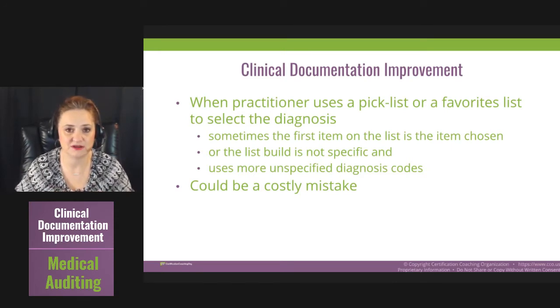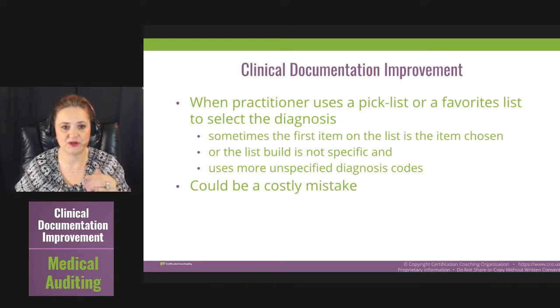There could be some other causal relationship in there. And we know now that the coding differentiates that, and we have guidelines for that. But the provider doesn't care about the guidelines that we have for our coding. So if they can do a list, they will. But built into the list is